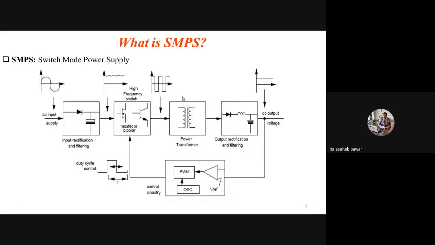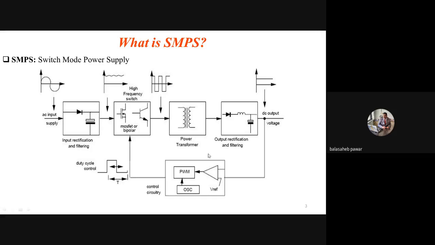Okay, mostly ferrite cores are used to manufacture this high frequency transformer. And another thing that you have to remember, as the operating frequency of the transformer increases, its weight and size get reduced. So this high frequency transformer is very small in size as well as less in weight as compared to our conventional 50 Hertz transformer. So the weight as well as size is directly proportional to frequency. Not directly, it is inversely proportional to frequency. As the operating frequency increases, its size as well as weight gets reduced.